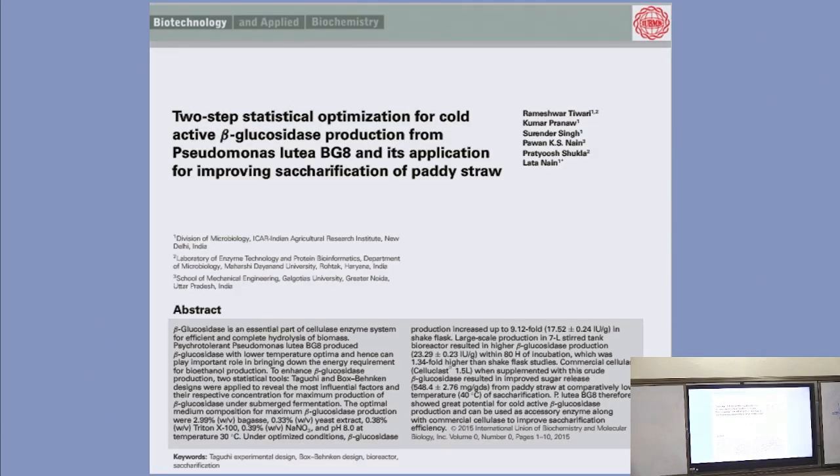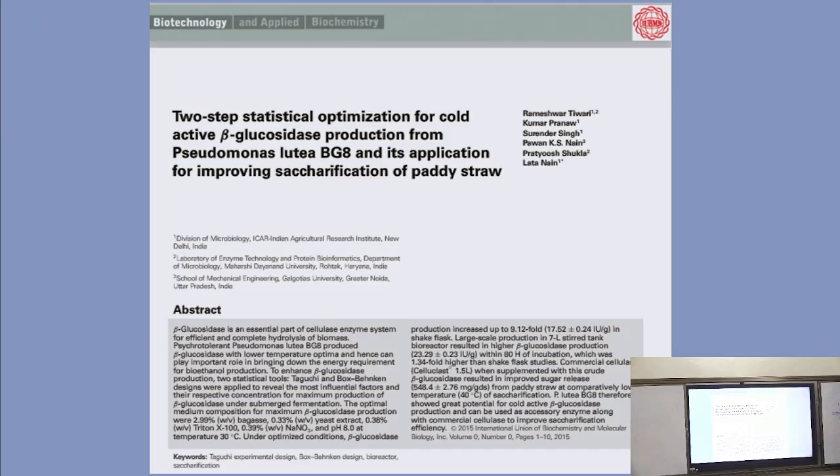And this is also the statistical optimization work which we have done. What we have used is paddy straw, that is the low value substrate. I say it is a waste product which is thrown. So you can use this paddy straw, wheat bran, all these are the substrates which you can use. And with paddy straw, the burning of agricultural residues is a big problem in Delhi NCR. So that also gives the clue that you can use this paddy straw for cold active